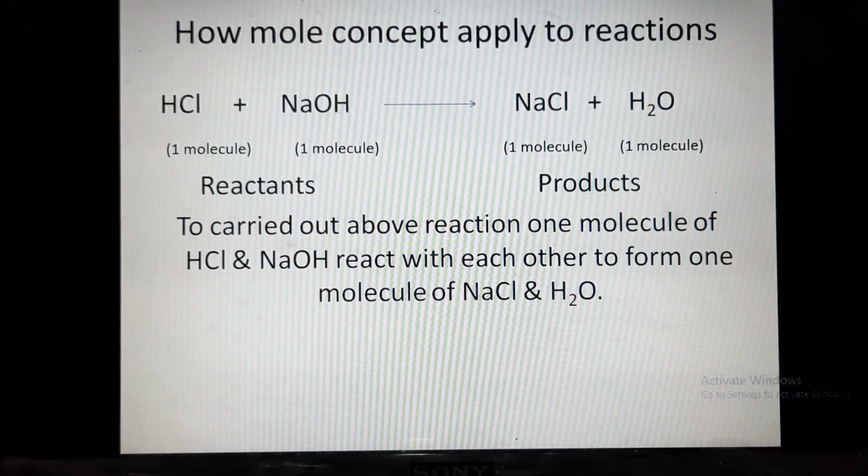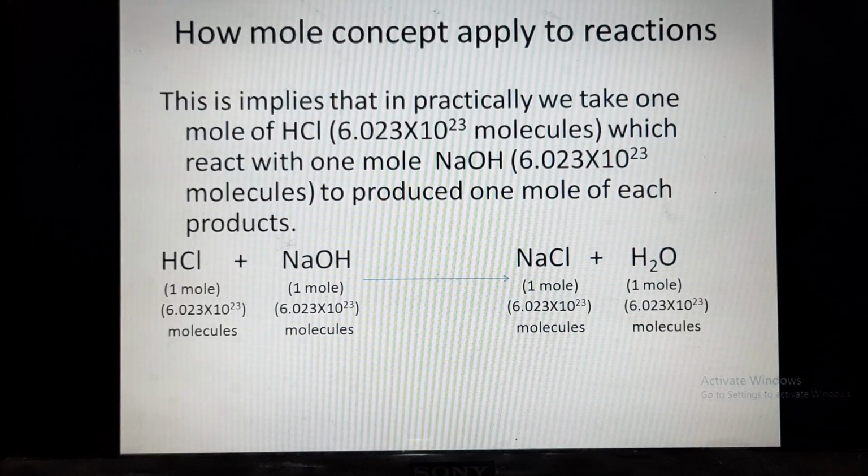Now consider this chemical reaction. It is a reaction between an acid and a base. So 1 mole of HCl reacts with 1 mole of NaOH and gives 1 mole of NaCl and 1 mole of water. So this reaction is carried out practically when we take 1 mole of HCl, that is we take